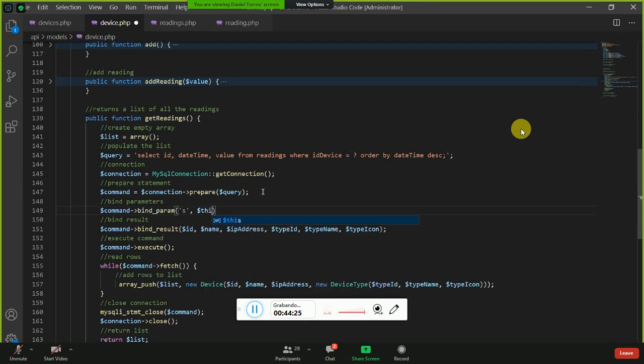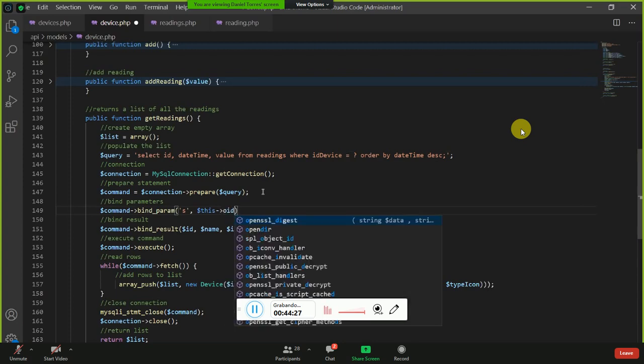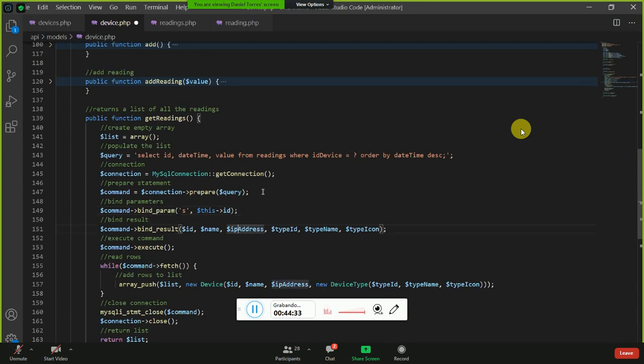String, and those readings belong to this object. And I only need the ID, the date time, and the value. Remember, if the query returns 3 fields, then you need 3 variables to receive each field. If the query requires 1 parameter, then you have to send 1 parameter. Okay? And in here, new